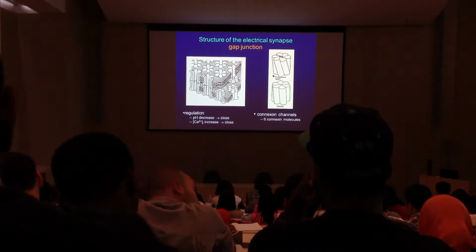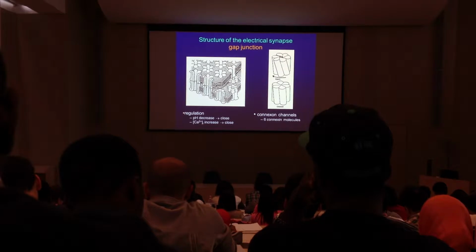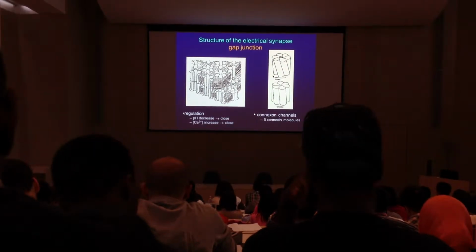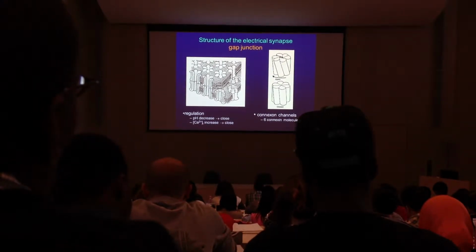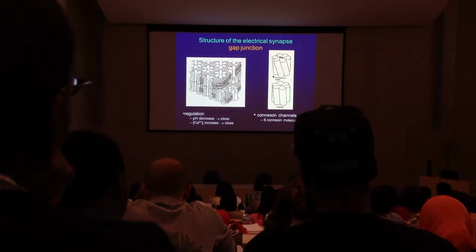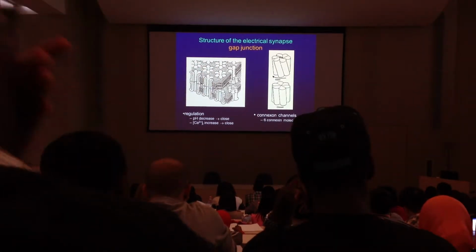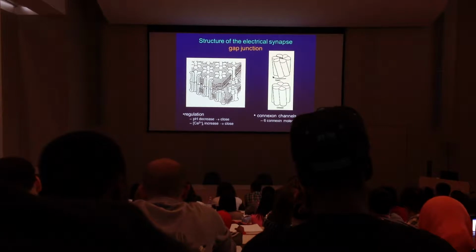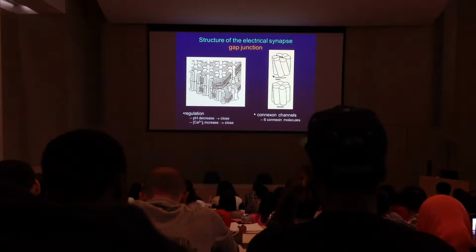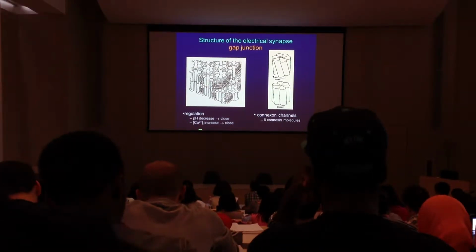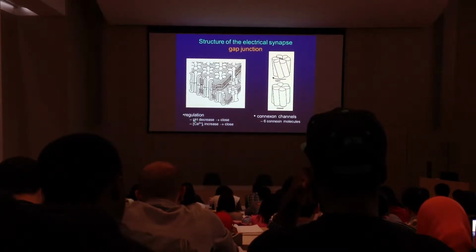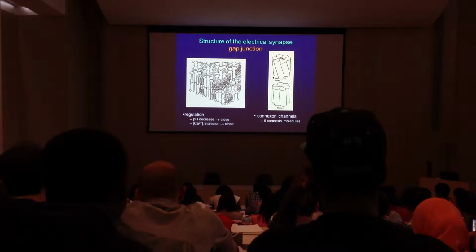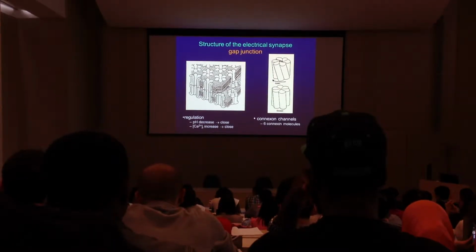And the way we envision how this happens is shown on the right. That is, these individual molecules twist on top of one another. And once they twist, they form the pore. And then if twisted back, they close. The opening and closing are regulated mostly by changes in intracellular ion concentration. That is, a drop in pH, or an increase in hydrogen ion concentration, or an increase in calcium ion concentration